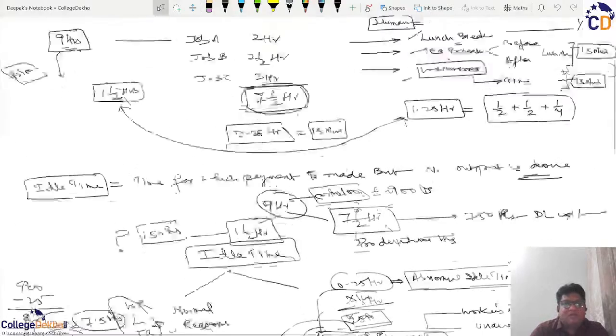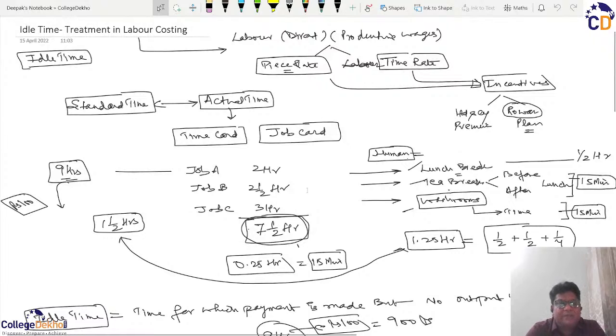So if we summarize the concept of idle time, सिंपल भाषा में आइडल टाइम क्या है? वो टाइम जिसकी आपने पेमेंट करी है लेकिन वर्कर उसे कोई आउटपुट नहीं दे पाया, और ये आउटपुट जो है वो वर्कर का डिफॉल्ट नहीं हो सकता, उसमें डिफॉल्ट वर्कर की इनएफिशिएंसी हो सकती है। जस्ट टू कवर दैट पॉइंट, उसमें फैक्ट्री की मिस प्लानिंग हो सकती है कि आपका पावर ब्रेक डाउन हो गया, स्टॉक आउट हो गया, मशीन खराब हो गई, या कोई कंटिजेंसी हो सकती है जैसे कि कोई अर्थक्वेक की वार्निंग आ गई।